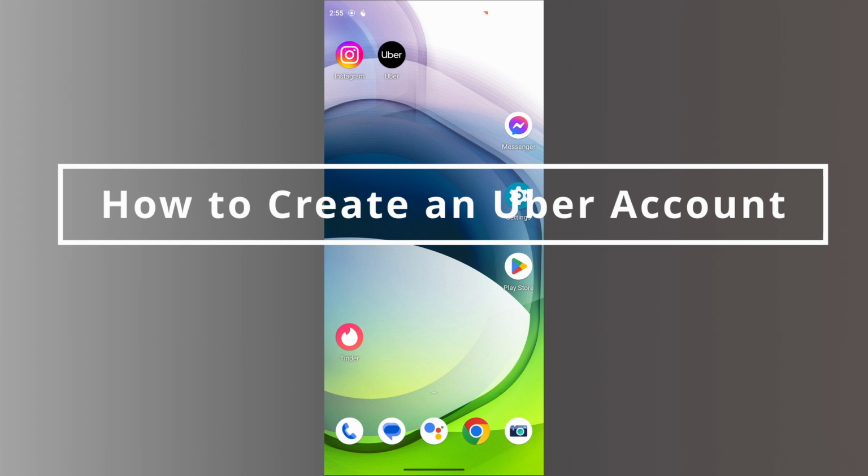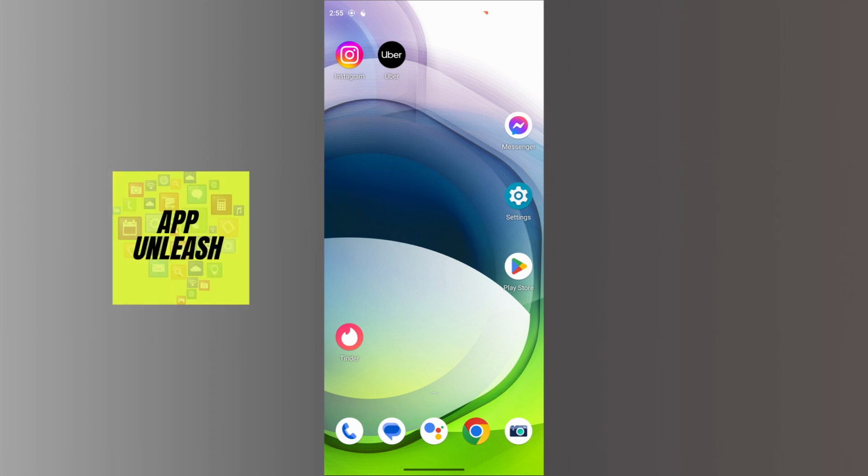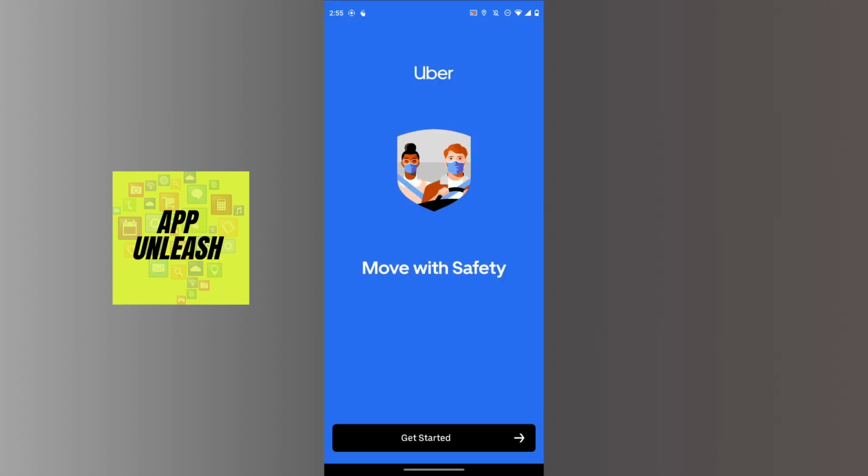So let's get started. To create an Uber account, first of all you have to download and install your Uber application. So just open up your Play Store and do that. And after installing your Uber application, you just have to open your Uber app. After opening up your Uber app, now you just have to tap on Get Started, which is on the bottom